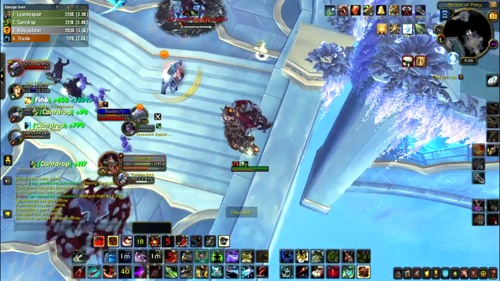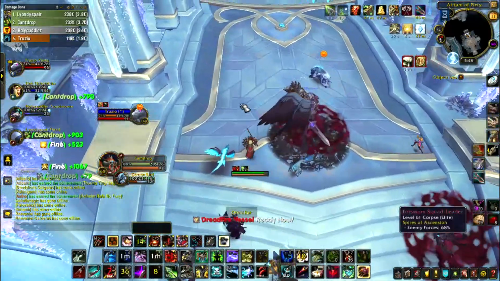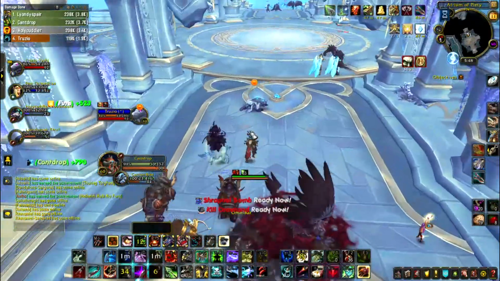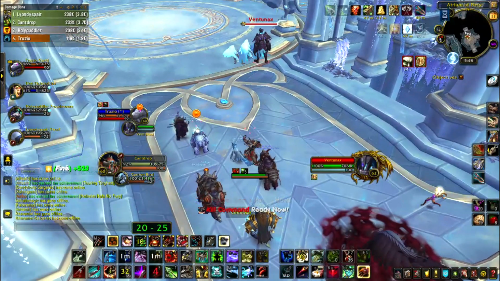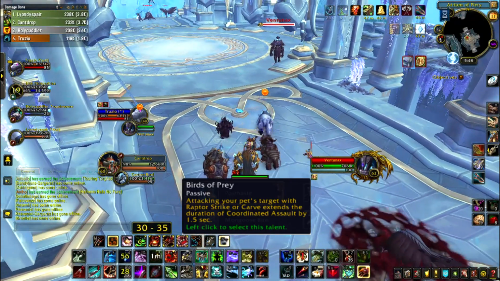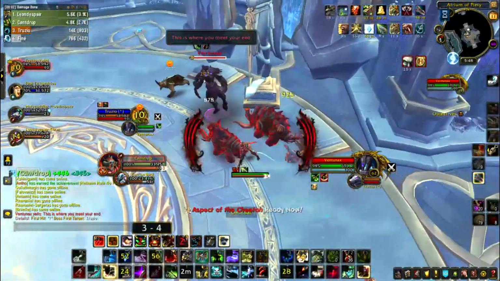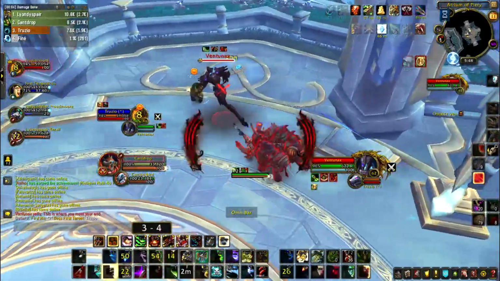Talent 7. Now, I personally use Wildfire Infusion due to all the added bonus it gives you as a talent, mixed with all the other talents in this build. You can also go Birds of Prey. I'm not going to get into that. It's basically self-explanatory. Just get out as many Raptor Strikes and Mongoose Bites as you can for more dot damage